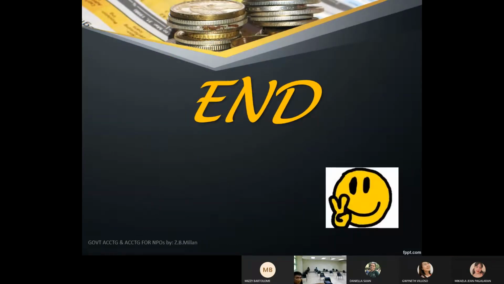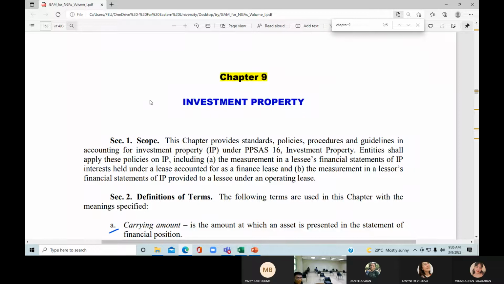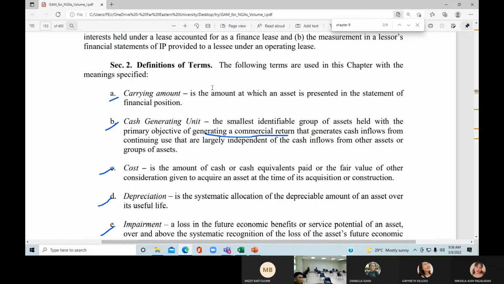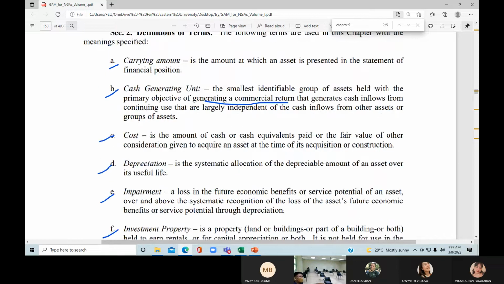Tignan natin yung gap. Chapter 9, no? Investment property. Definition of terms. Ayan, alam mo naman na to, no? Familiar ka na dyan. Carrying amount at which an asset is presented in the statement of financial position. CGU, o cash generating unit, smallest identifiable group of assets held with the primary objective of generating a commercial return. So, mamaya kasi babanggitin yan sa bandang dulo. No? Yung kapag hindi mo kayang i-identify individually yung